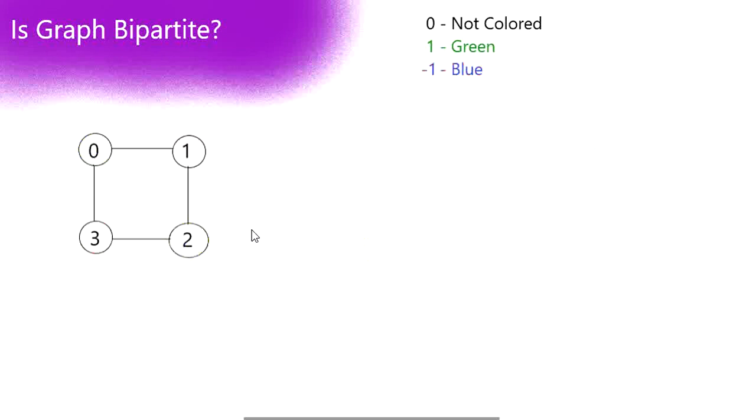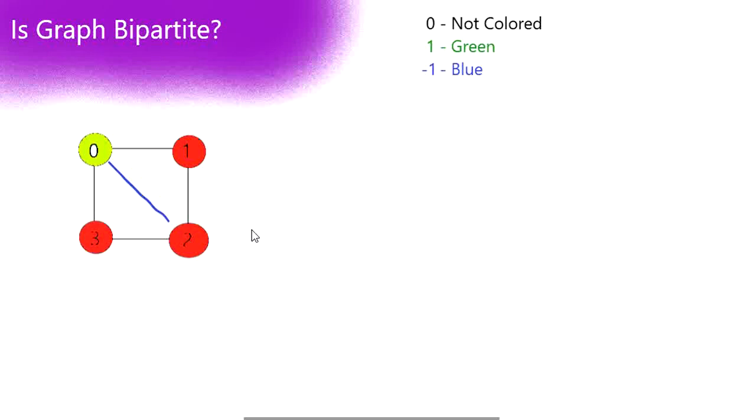So consider a negative case. We have a link from 0 to 2. So now let's start visiting node 0. We are going to color it with green. So once it is green, all its links should be in red because the connections should be from the other set. So now we have colored them all in red.